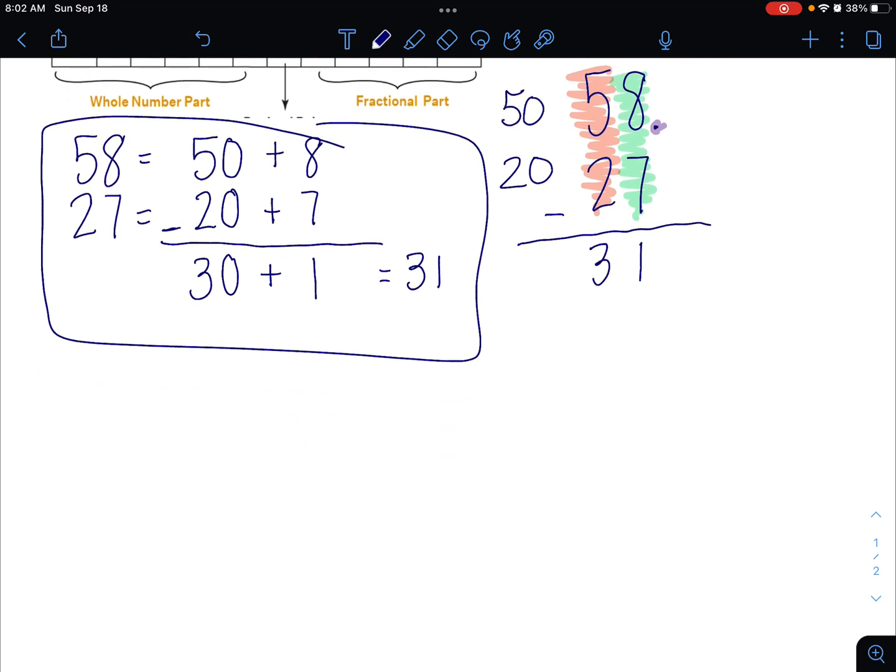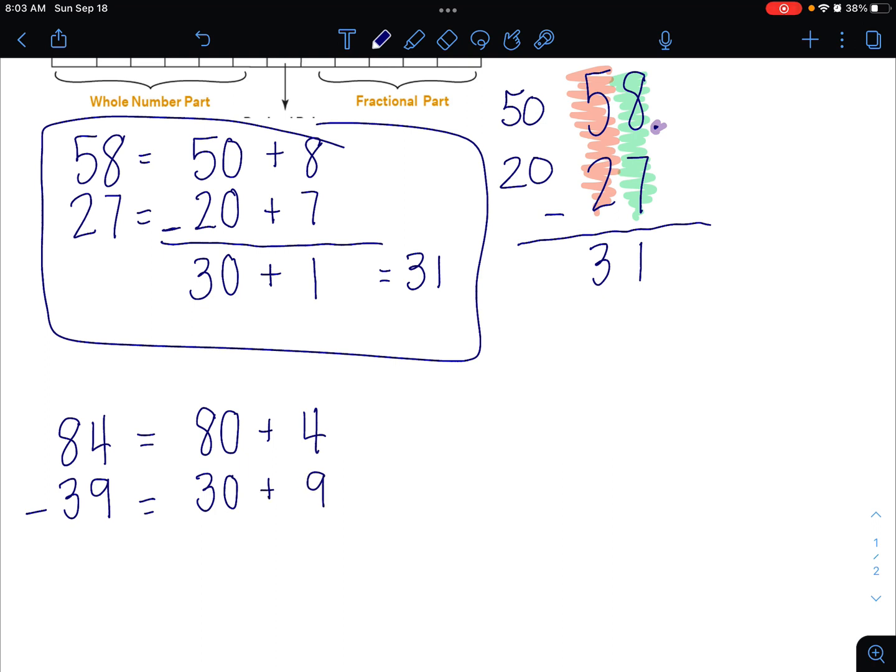Totally fine. Now, let's say we have 84 minus 39. Okay, so again, I'm going to break those numbers up into pieces because I think it's nice to be able to see the numbers that we're talking about and understand them a little bit more. If I have 84, I'm going to do 80 plus 4. Now that number's broken up into its place value, 80 plus 4. And then 39 is 30